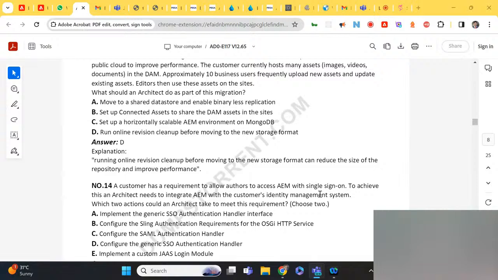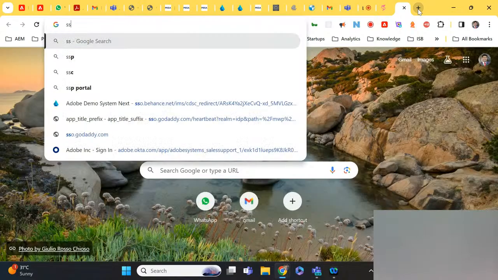But for SSO, yesterday we discussed SSO integration. Did we use SAML?